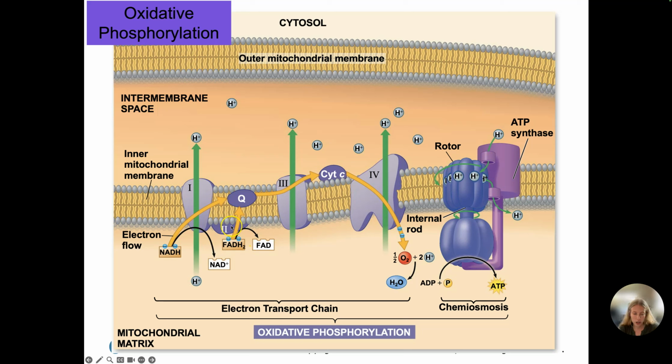FADH2 drops its electrons off at complex 2, so it skips complex 1. So the ability of FADH2 to contribute to ATP synthesis is a little bit less than NADH, just because it misses this chance to transport hydrogen ions across the membrane. However, it funnels them to complex 2, which then follow this path, passing through complex 3 and complex 4,